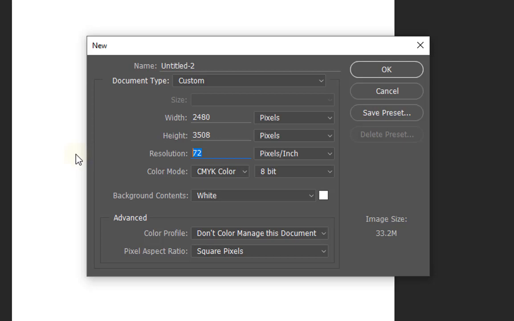Okay, the second thing we can talk about is the color mode. The color mode, in brief, is that we have two main color modes. The first one is RGB color mode, and the second one is CMYK. What is the difference between them? The RGB color mode consists of red, green, and blue as the main colors,